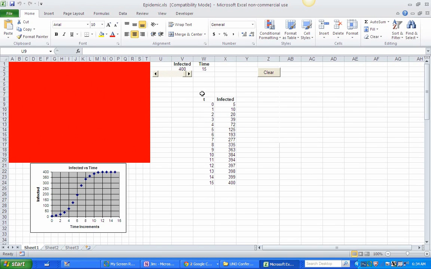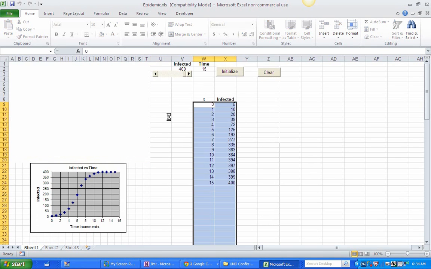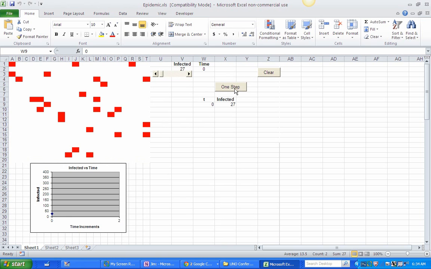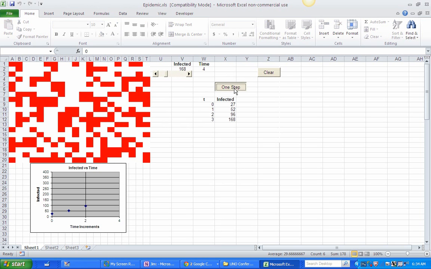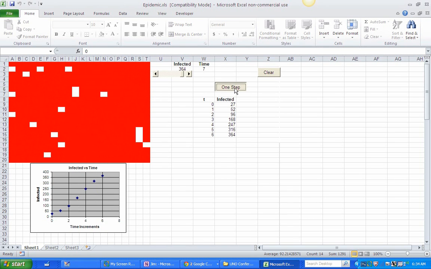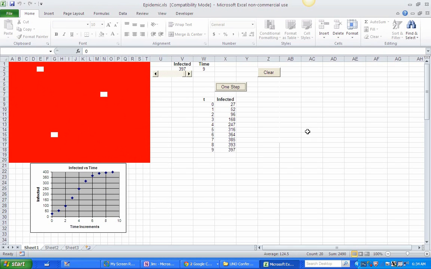And once you get this data, you got the graph of it, you could do a curve fit, and then you could do it again to see you get different data, but the basic shape is pretty much the same. Let's go ahead and do that just for funsies. Let's do 27 infected people. We initialize it, and we move along, and we see, because so many people were infected at first, that the infection goes up much more quickly. But again, we have essentially a logistic shape, and all this is done randomly.